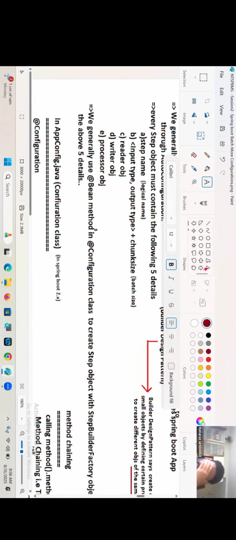Builder design pattern. What builder? What do you mean by builder design pattern? Builder design pattern says,